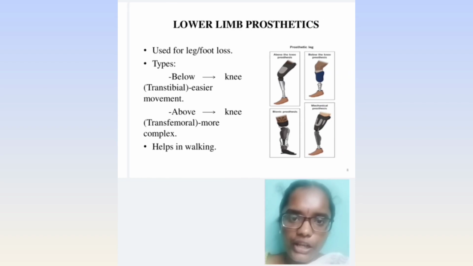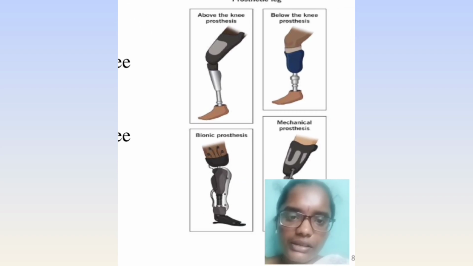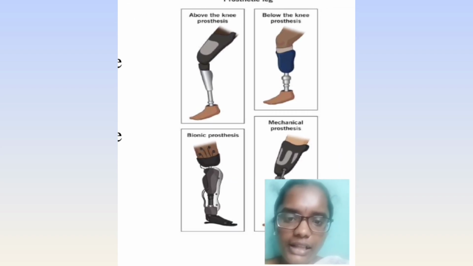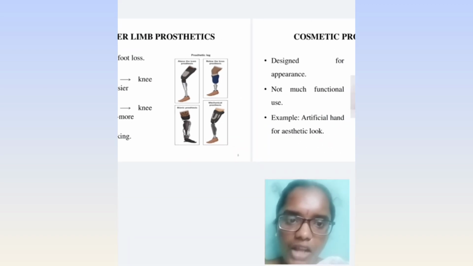And then lower limb prosthetics, used for leg or foot losses. The types are below knee and above knee. Below knee is easier movement, above knee is more complex. It helps in walking. So here are the pictures: above the knee prosthesis, below the knee prosthesis, and then bionic prosthesis, mechanical prosthesis, and then